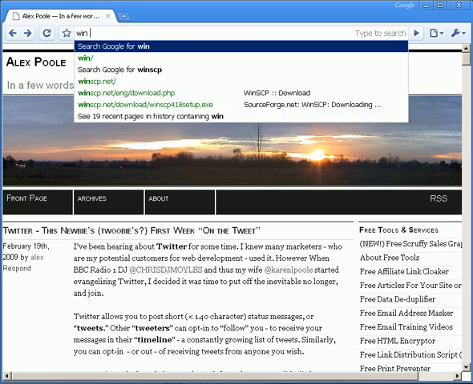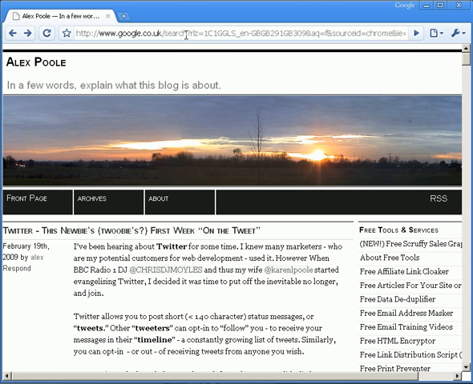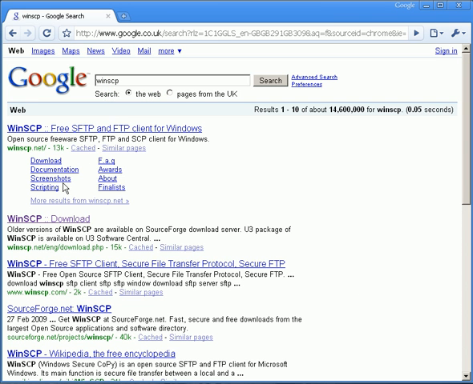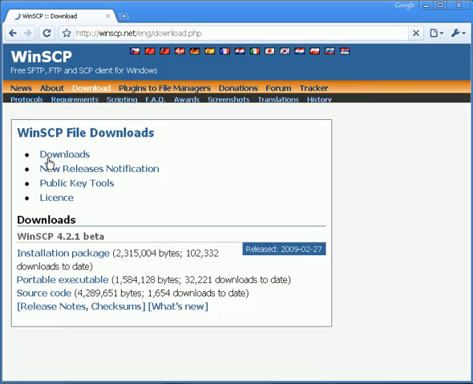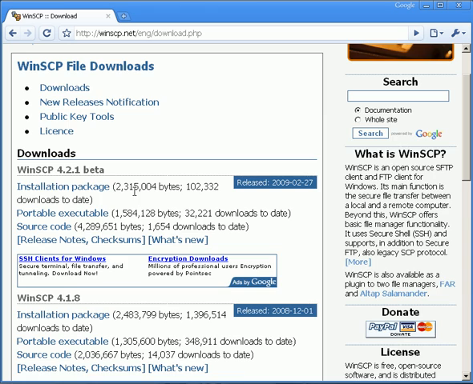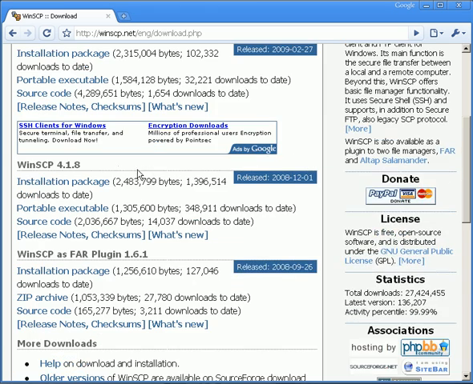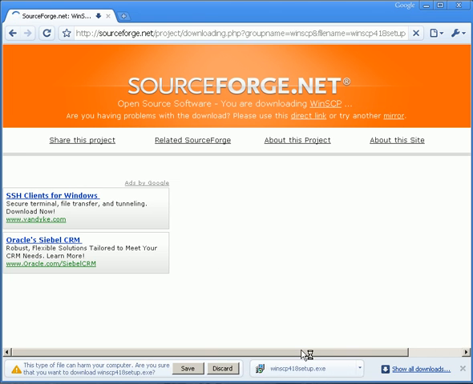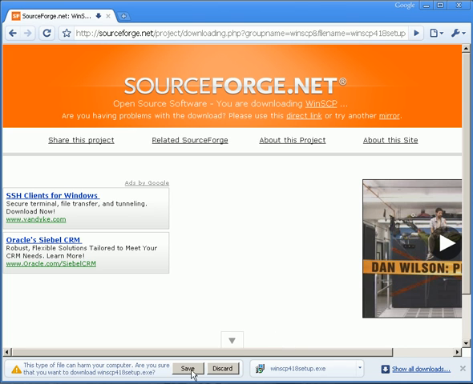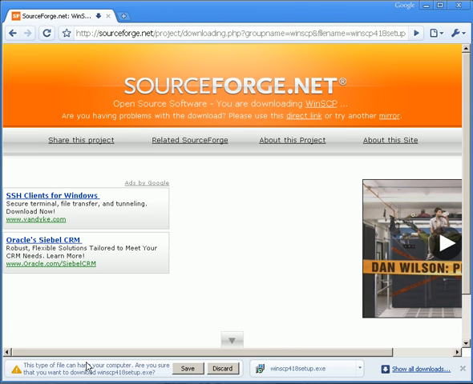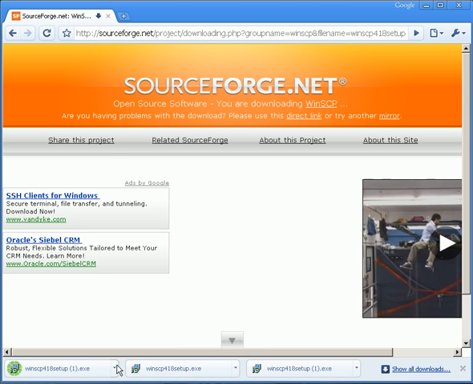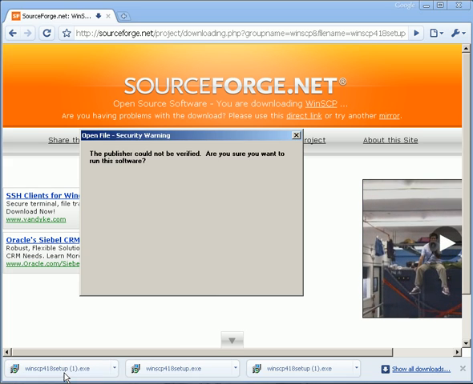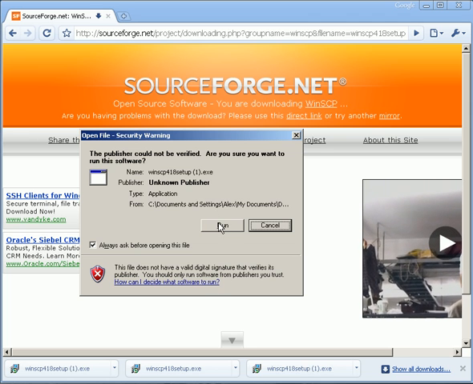So WinSCP. Let's go straight to the download link, and I'm going to skip the beta and go straight for WinSCP 4.1.8. I'm going to go to the install package. Oh, it's working now. I saved a copy earlier because it was a bit slow. It's an executable, that's fine. Let's save, and I'm going to open that and run it